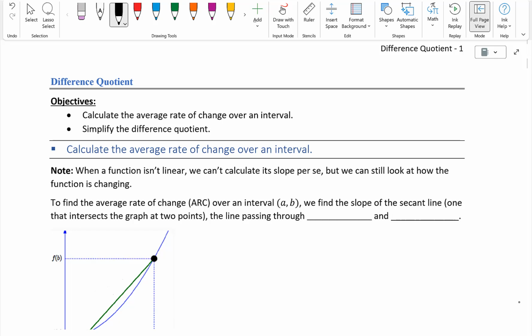Hi all, in this video our standard is the difference quotient. We've got two objectives: calculating the average rate of change over an interval and simplifying the difference quotient. We start with calculating the average rate of change over an interval, and a note, when a function isn't linear,